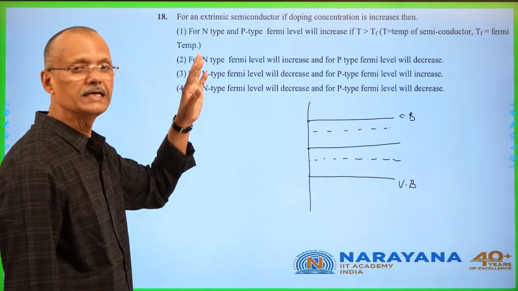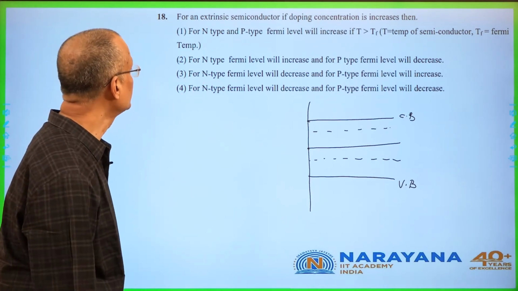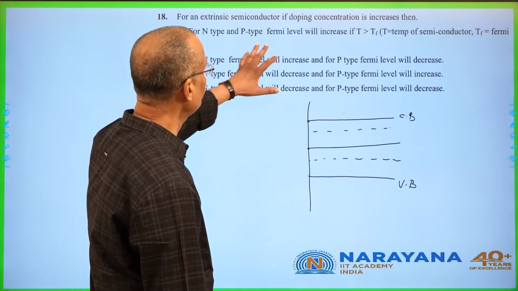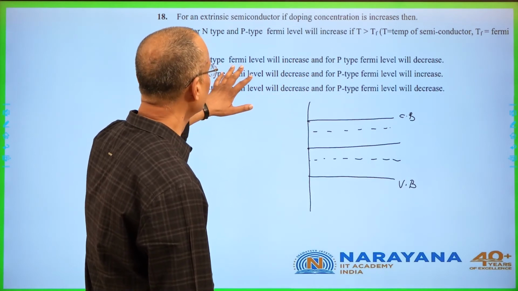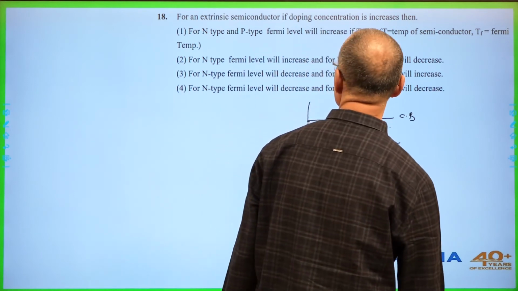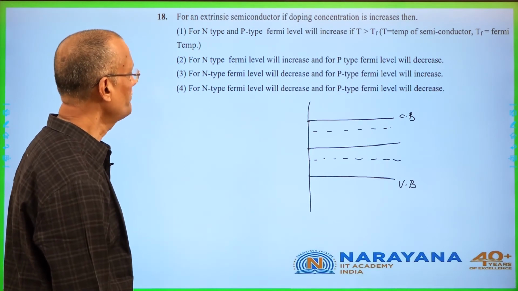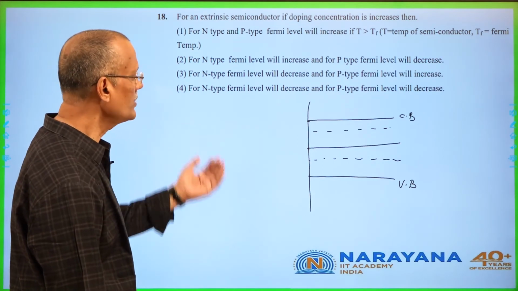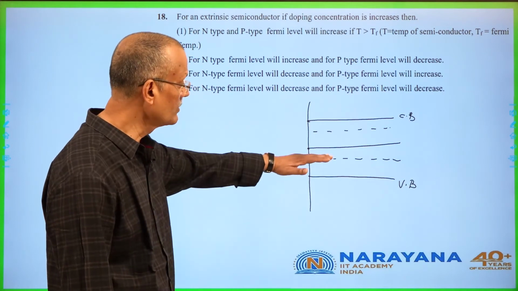If you are increasing the doping concentration, then what will happen? They have given you options: for n-type and p-type the Fermi level will increase. No, for n-type the Fermi level will increase and for p-type the Fermi level will decrease. For n-type the Fermi level will decrease, for p-type the Fermi level will increase. It's not like that. If doping you are increasing, number of electrons you are increasing, so Fermi level will shift